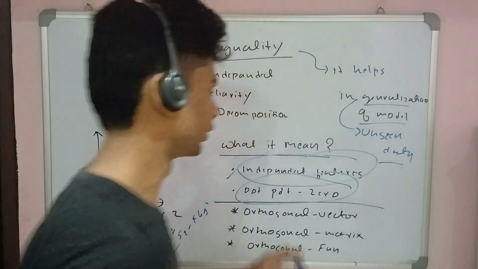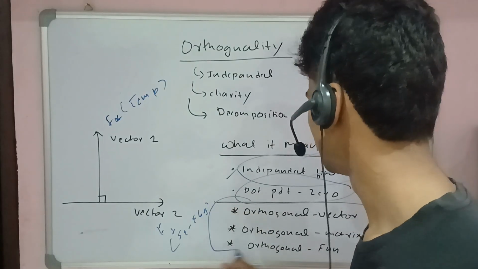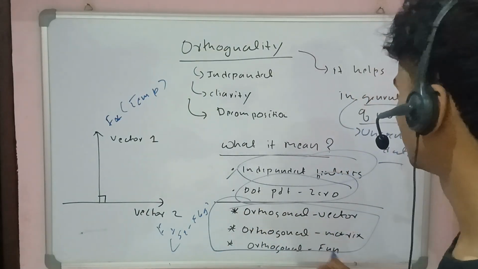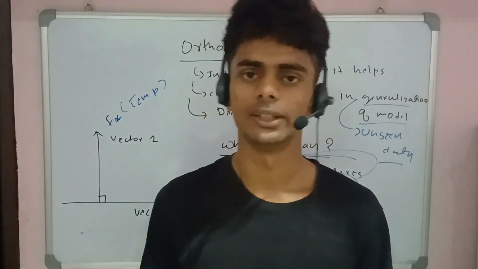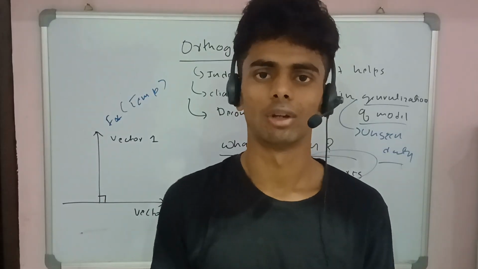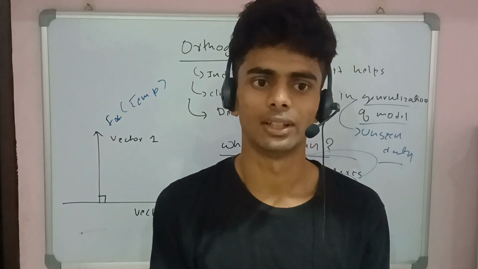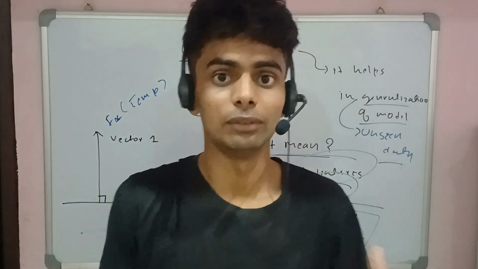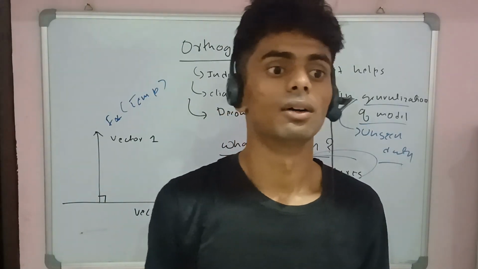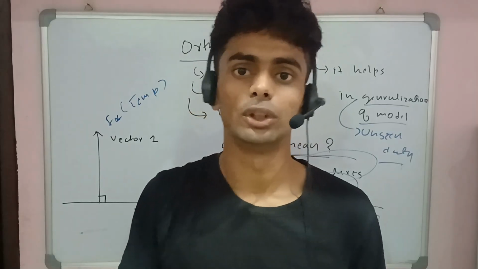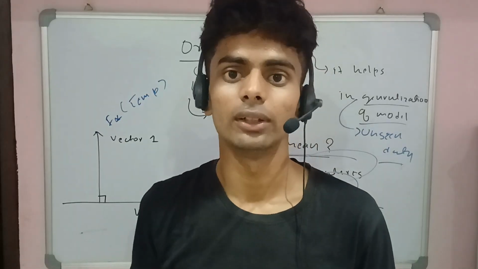So I think orthogonality has three basic kinds: orthogonal vector, orthogonal matrix, and orthogonal function. The orthogonal vector is all about the features, like two features. The orthogonal matrix is all about data, two data types. How can we say a particular matrix is an orthogonal matrix? If all the vectors of this matrix are mutually perpendicular to each other according to their dimensions x, y, z, then we can say this is an orthogonal